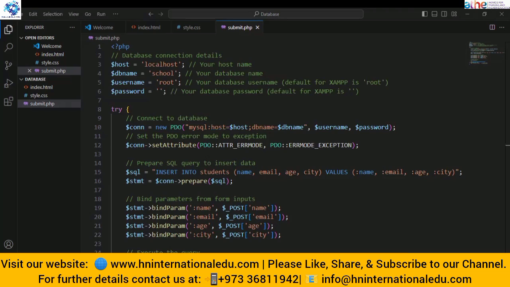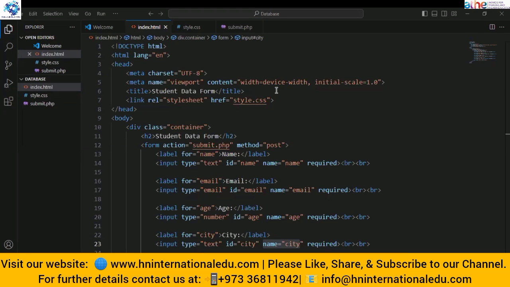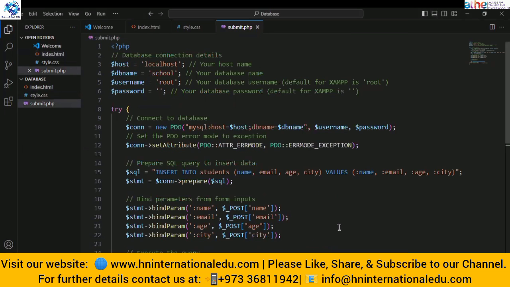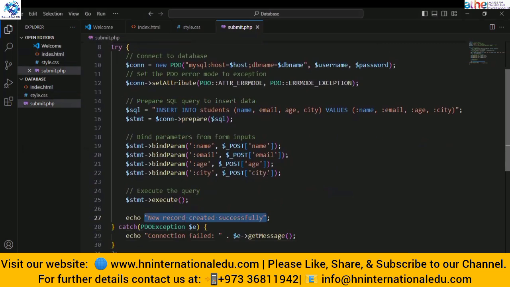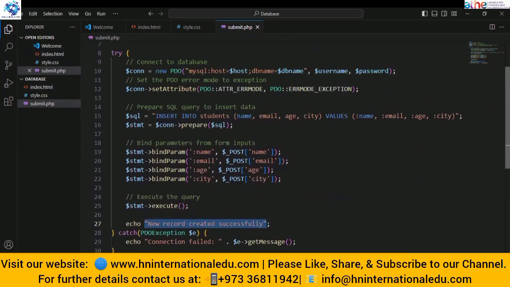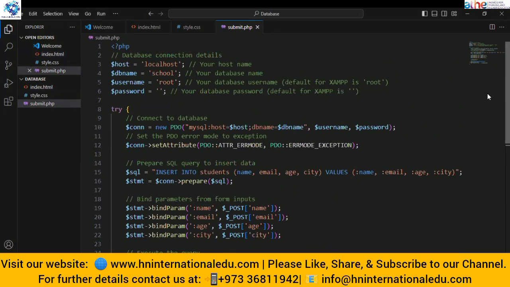So let's add some. Click on that button, and then we update or refresh our MySQL database. So we will see that the data is almost inserted there. So this is how we will write the queries for inserting the data. Okay. So you can do the same and you have to try and do more practice.